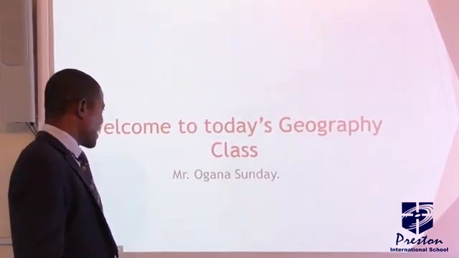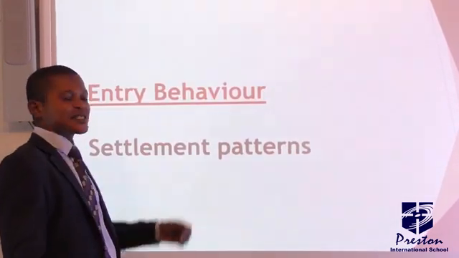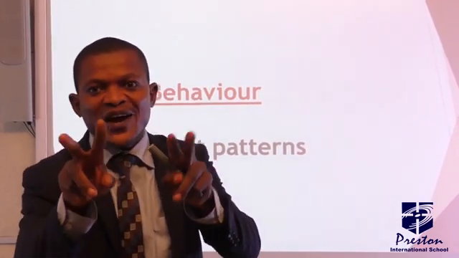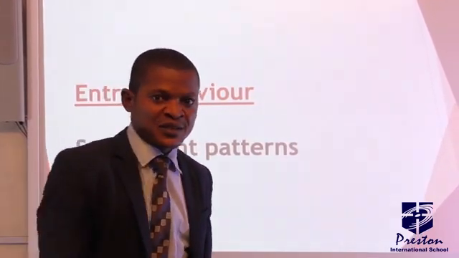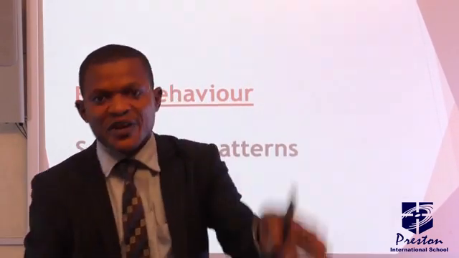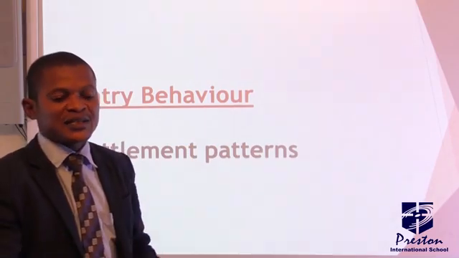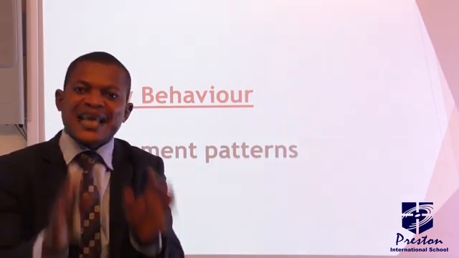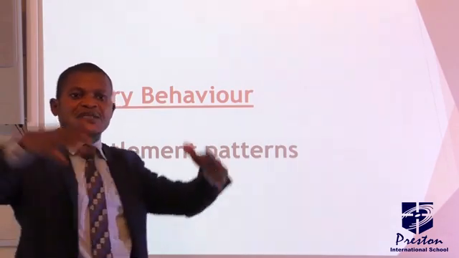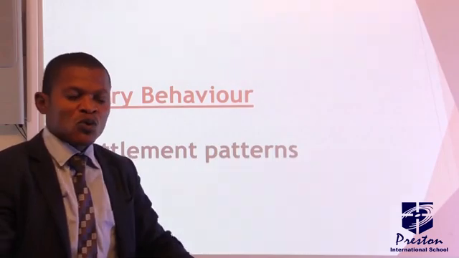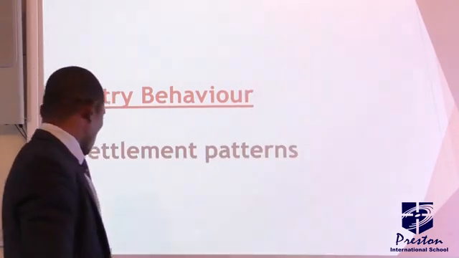Don't forget, in the last class we looked at settlement patterns. I told you settlement can be divided into three major patterns. When you have buildings along a particular route like a road or a river, we call that linear pattern. When buildings are congested or clustered at a particular point, we call that clustered or dense settlement. And lastly, we looked at dispersed settlement, when we have isolated buildings scattered all over. We call that dispersed or scattered settlement. That's what we looked at last class.